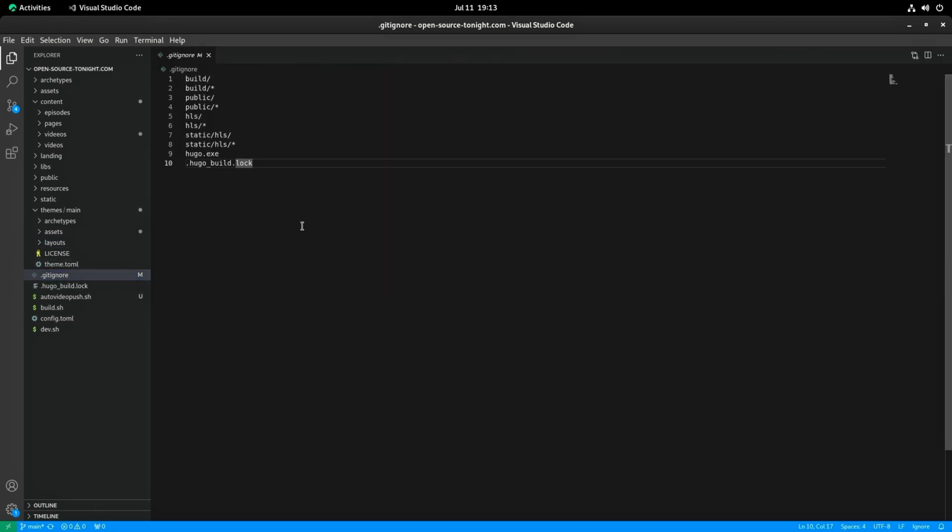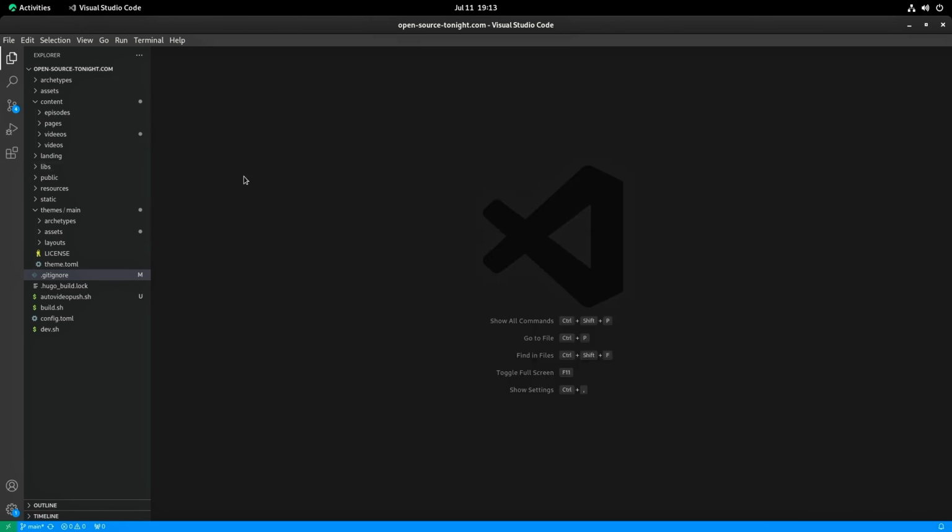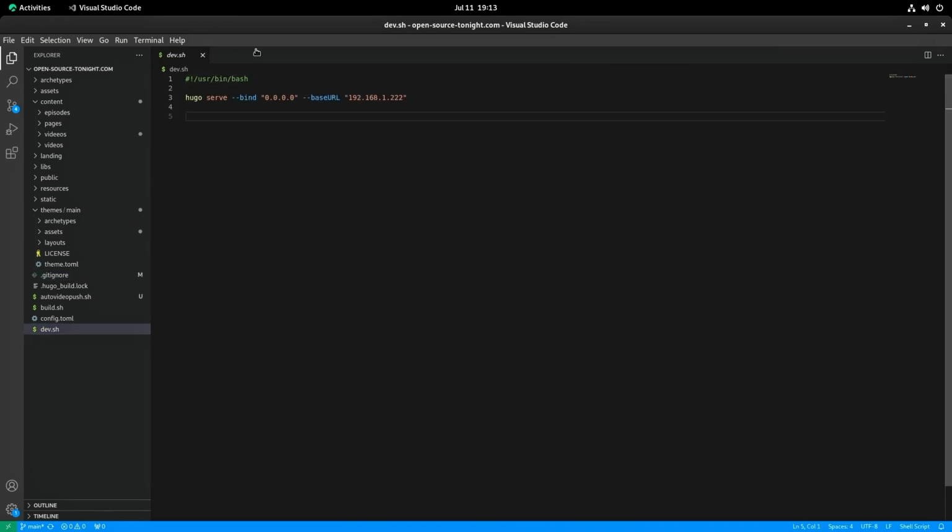So if we look at all that, here we've got our gitignore, which also needs an update. I mean, this literally even references an exe file, which hasn't been built on Windows in a long time. So if we look at the development side of it, this right here is the command. I'm telling Hugo to create a web server, let it be accessible from anywhere on the computer network, because I'm often running this on a different machine that I'm connected to locally for viewing the site. And then I'm saying use the base URL of this during development.